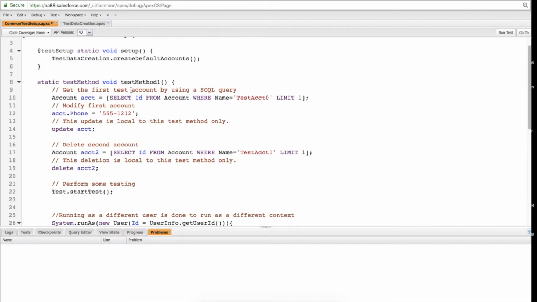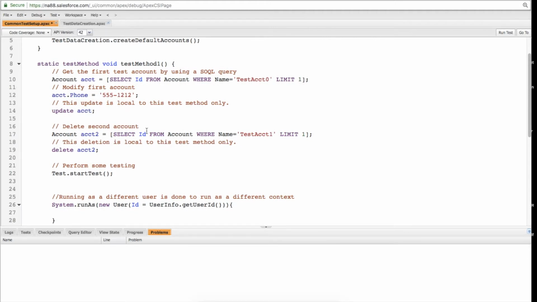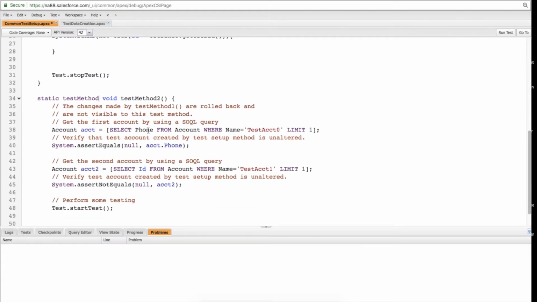Typically you would have, let's say, a trigger or some sort of code that you know is running that needs to do something. You're going to invoke that code and then double check to make sure that what it's supposed to return is returning what it should. That could be in a trigger, whether updating through that trigger, or static code within some static methods, or controllers that need to be tested. It's all essentially the same thing. There's going to be some sort of input, some sort of output. You're going to pass the input in, make sure the output's right, and then you're going to do some asserts. So if we look at this test method